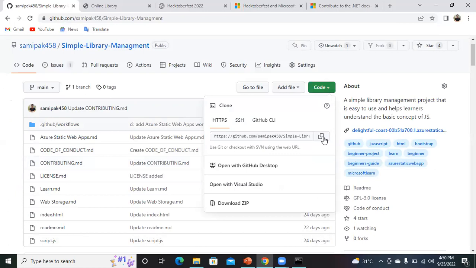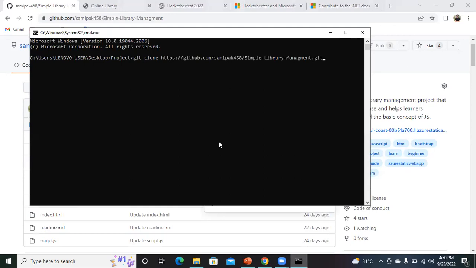To clone it, I have to copy this. Okay, so simply I will do it like this and press enter.